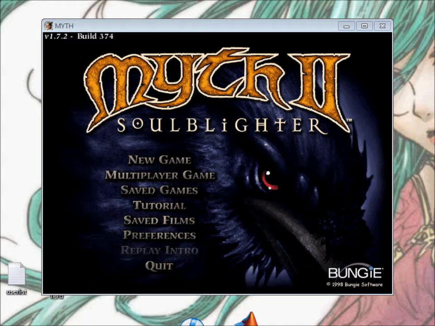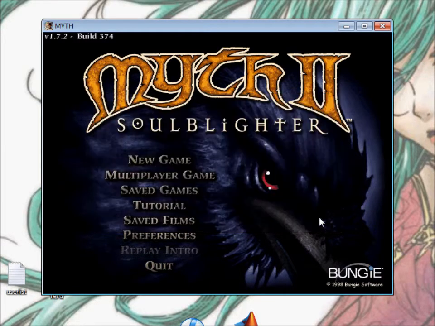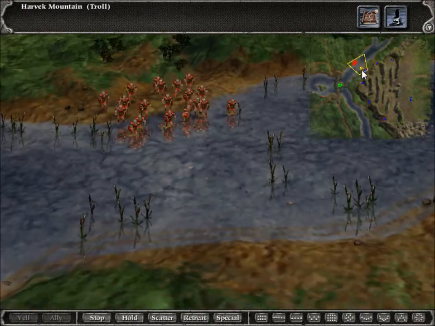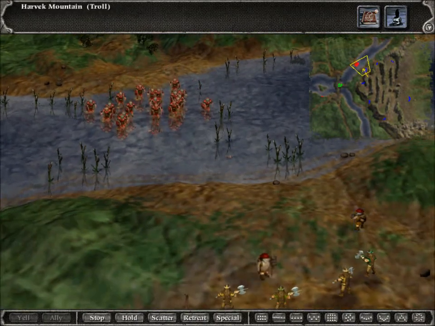If I recall, today we're going to be rolling into Harvek Mountain, which holds a special place for being... Okay, no, I lied. It's not special at all. It's just total shit. Okay, let's watch this cinematic real quick, in which Jarling and Ori demonstrate that there is